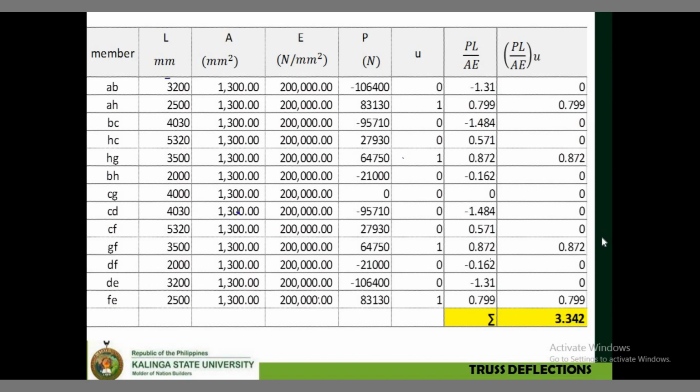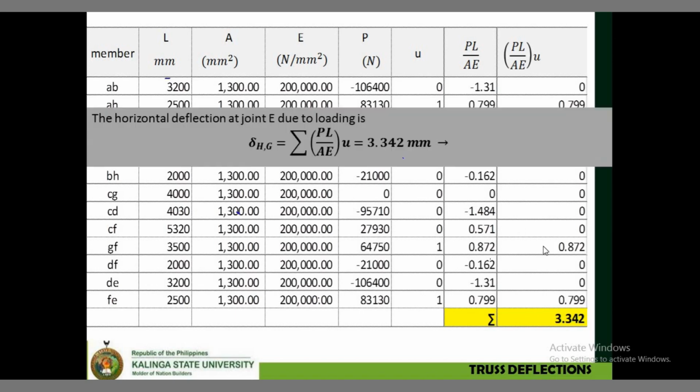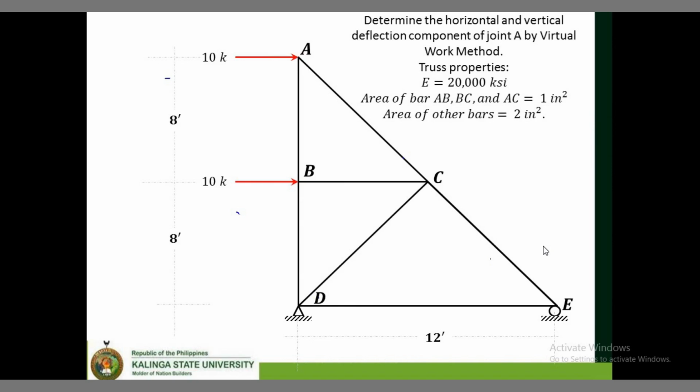What if, di ba, dun sa mga previous examples, pare-pareho yung areas, pare-pareho yung ating modulus of elasticity. What if ganito yung problem? This problem is in your notes. Ito yung nasa post-test ata to. Yan. So, for this problem, if you try to look at the problem,